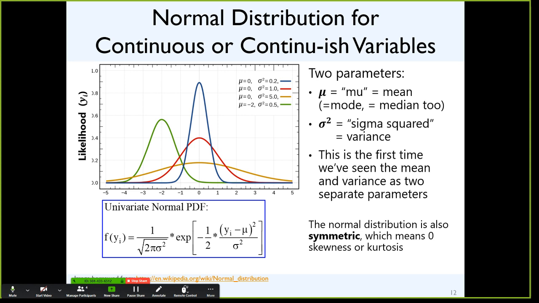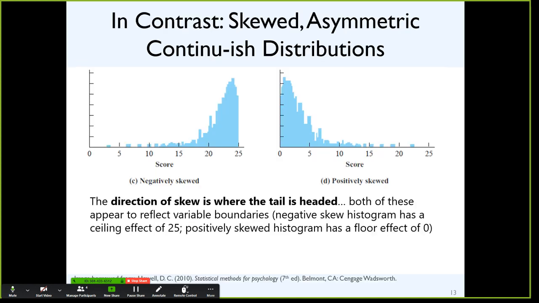So, other questions, thoughts? So yeah, this is skewness. In this case, I would wager that they have some sort of instrument where there's only 25 possible, and the worst you could do is nothing. So the distribution on the left here is what's known as negatively skewed. It's where the tail is going. So it's backwards from how you would think about it. It's where the information isn't is the direction of the skewness. So this would be like a ceiling effect on the left here. The right would be known as a floor effect.